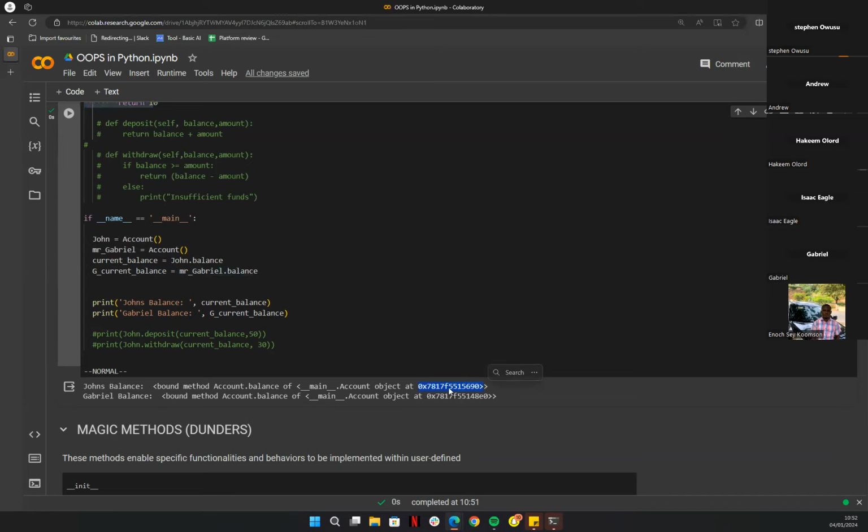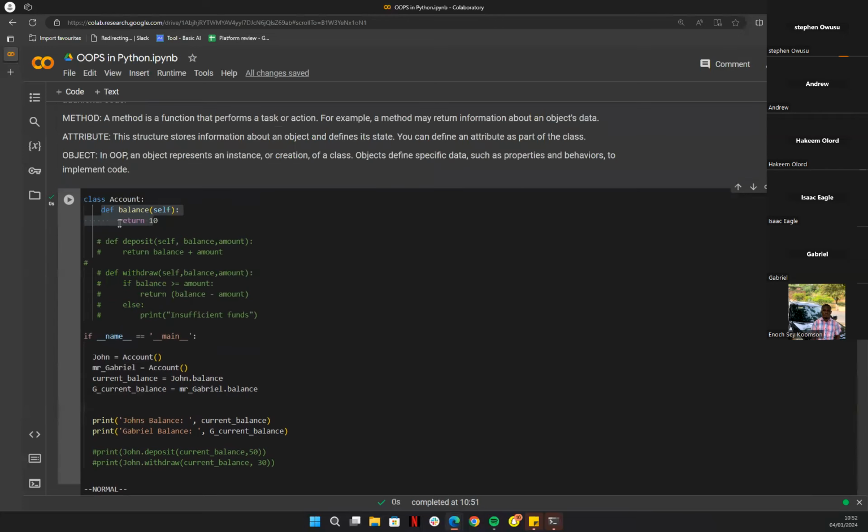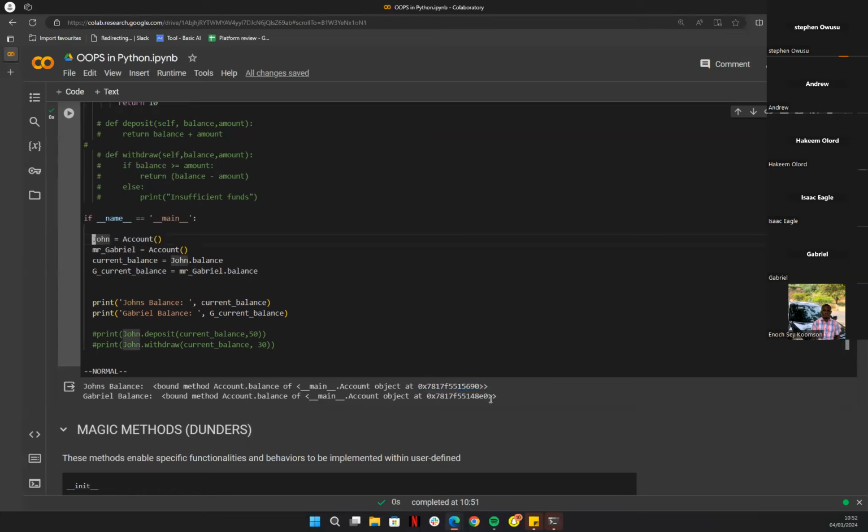So as you can see, if you compare these two memory locations, you don't need to understand this. I don't even understand this myself, but just know that these are where it is stored in the memory. But if you compare these two memory locations, you can realize that they are entirely different. Even look at the ending, it's 1480E0, 148E0. This is 5690. Although it's the same account, we've created an object, or we've created an instance. And this instance is creating this account all over again for Mr. John and creating this all over again for Mr. Gabriel. So they are both in different